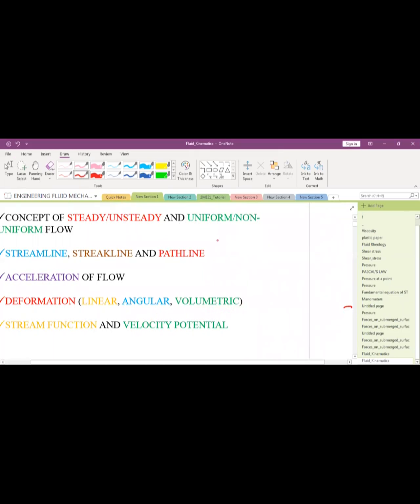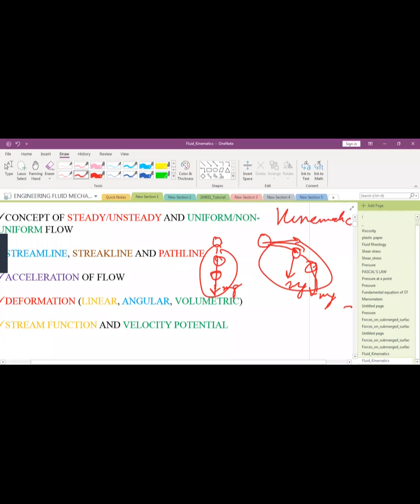And one thing more, like I gave you the previous example, if you have a ball, you drop it, it follows this trajectory. If there's a ball, you throw it in the horizontal direction, it follows this trajectory. So in both cases, on the ball, as it is moving, force is mg only. There is no other force, if you neglect drag. But in both the cases, you see a different trajectory. That is, kinematics is different, although dynamics is